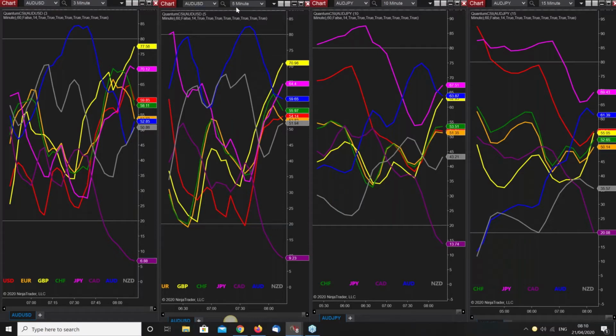This is on 3 minute, this is on 5 minute, this is on 10 minute, and this is on 15 minute. And what we're seeing right now is a fair amount of currencies moving in the same direction. Yes, we've got buying of the pound, the yellow line, buying of the pound here, and buying of the pound here. But in terms of the yen, we've also got buying of the yen. That's on 3, we've got buying on 5, we've got buying on 10, and we're starting to see that kick up on 15 here. So in terms of the pound yen, what we are seeing across, certainly across the faster